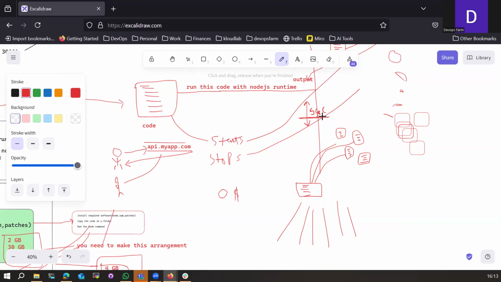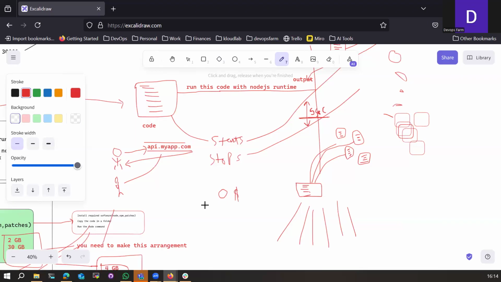So if one request is served in 5 seconds, 1,000 requests will also be served in 5 seconds. They will not take more time. Even if the requests are high, it will still be 5 seconds only. So you see the kind of scalability you get when you use a serverless architecture. We'll see this in a demo, how to create serverless code